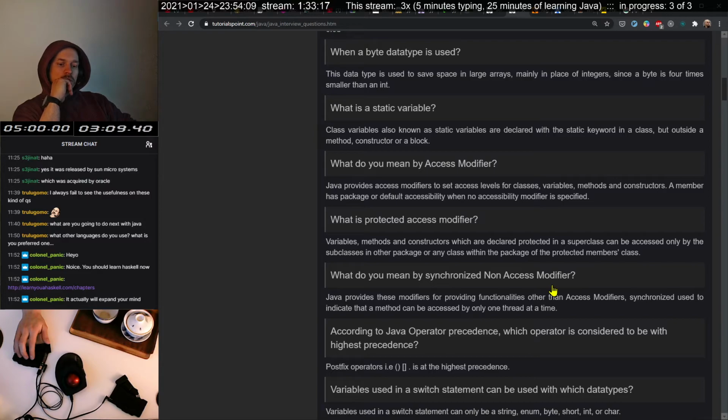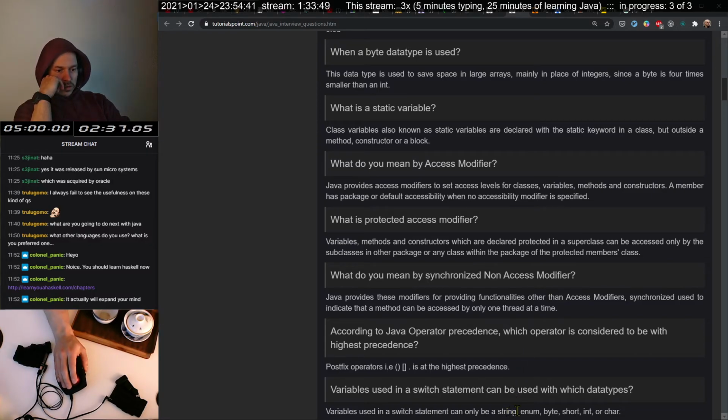Variables used in a switch statement can be used with which types? Oh, well, it's kind of changed recently in the newest versions of Java. So it used to be just character and number, and now it can be a lot more, but I don't know.